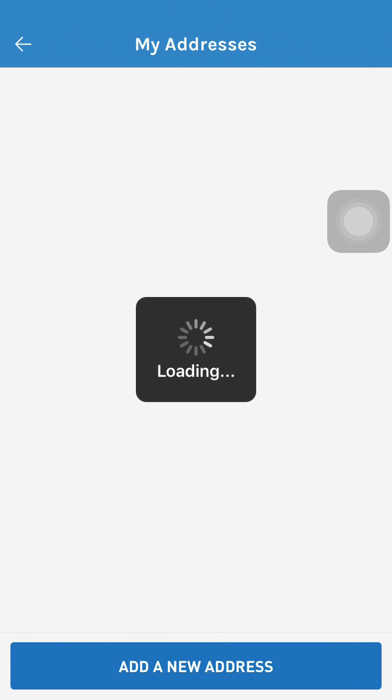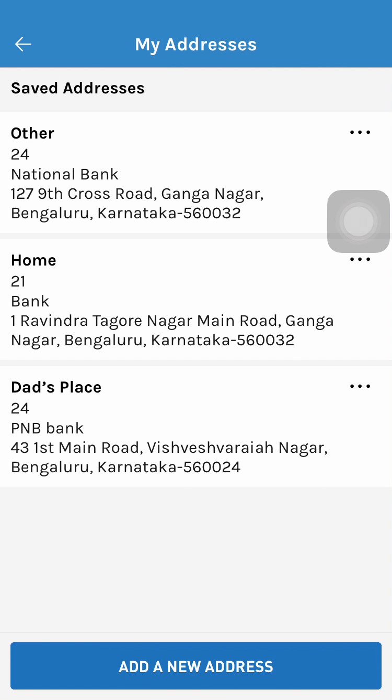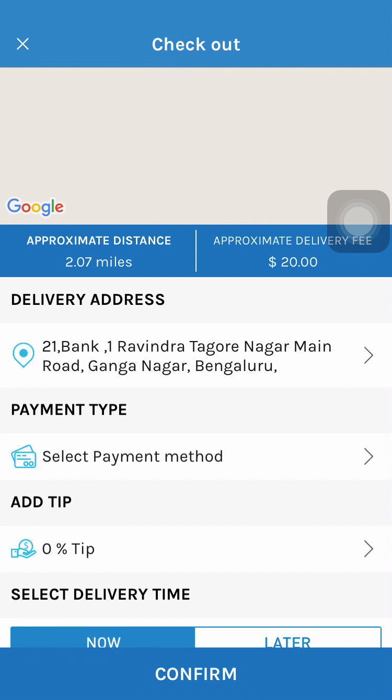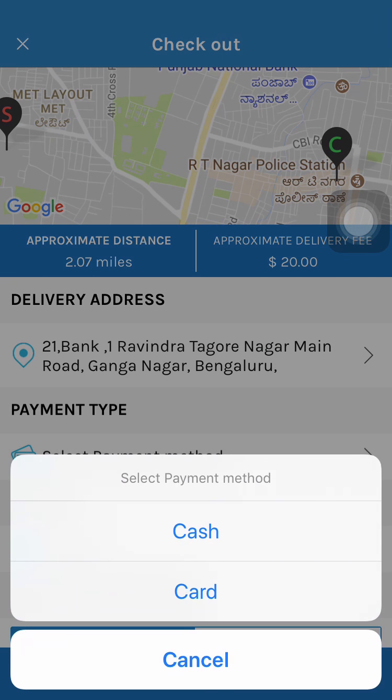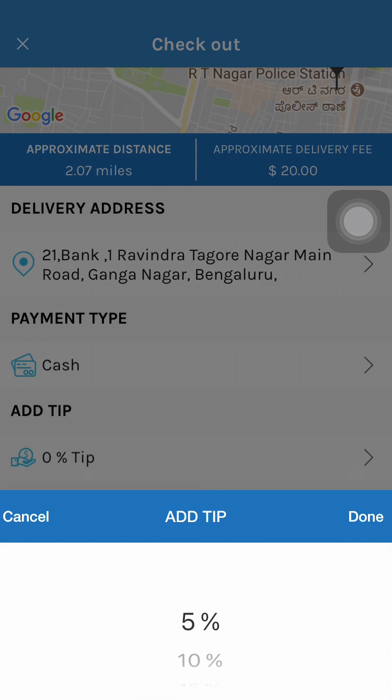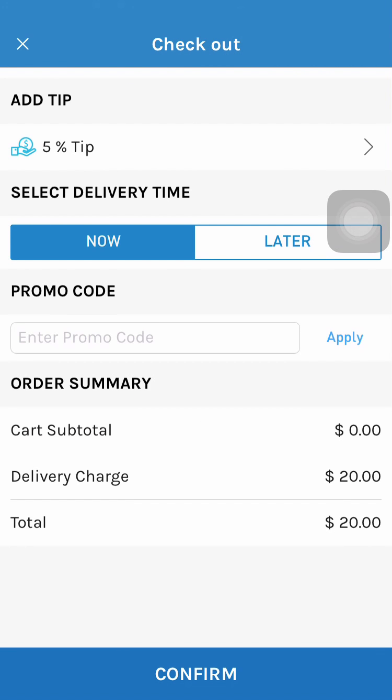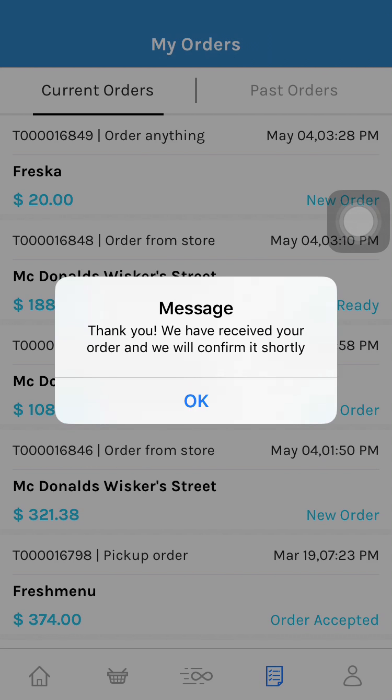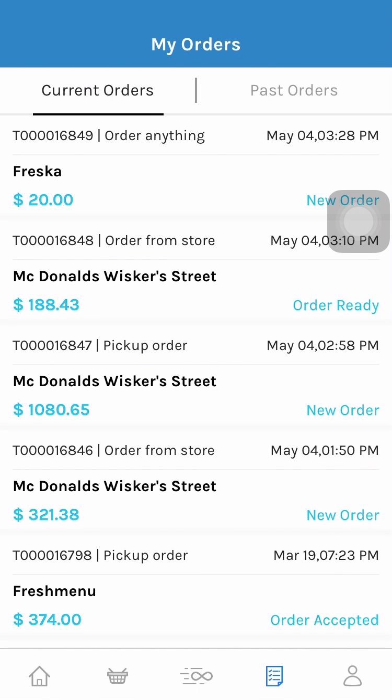Similar process where I get to select the delivery location or the address where I wish to get it delivered. I'm going to this time say home, choose the payment option as cash, get a 5% tip, make the delivery time now, and place the order. Now the order again goes back to the current orders because this is a fresh order that we recently placed, and we can see the difference between the last order that I placed, which was from store, and now it